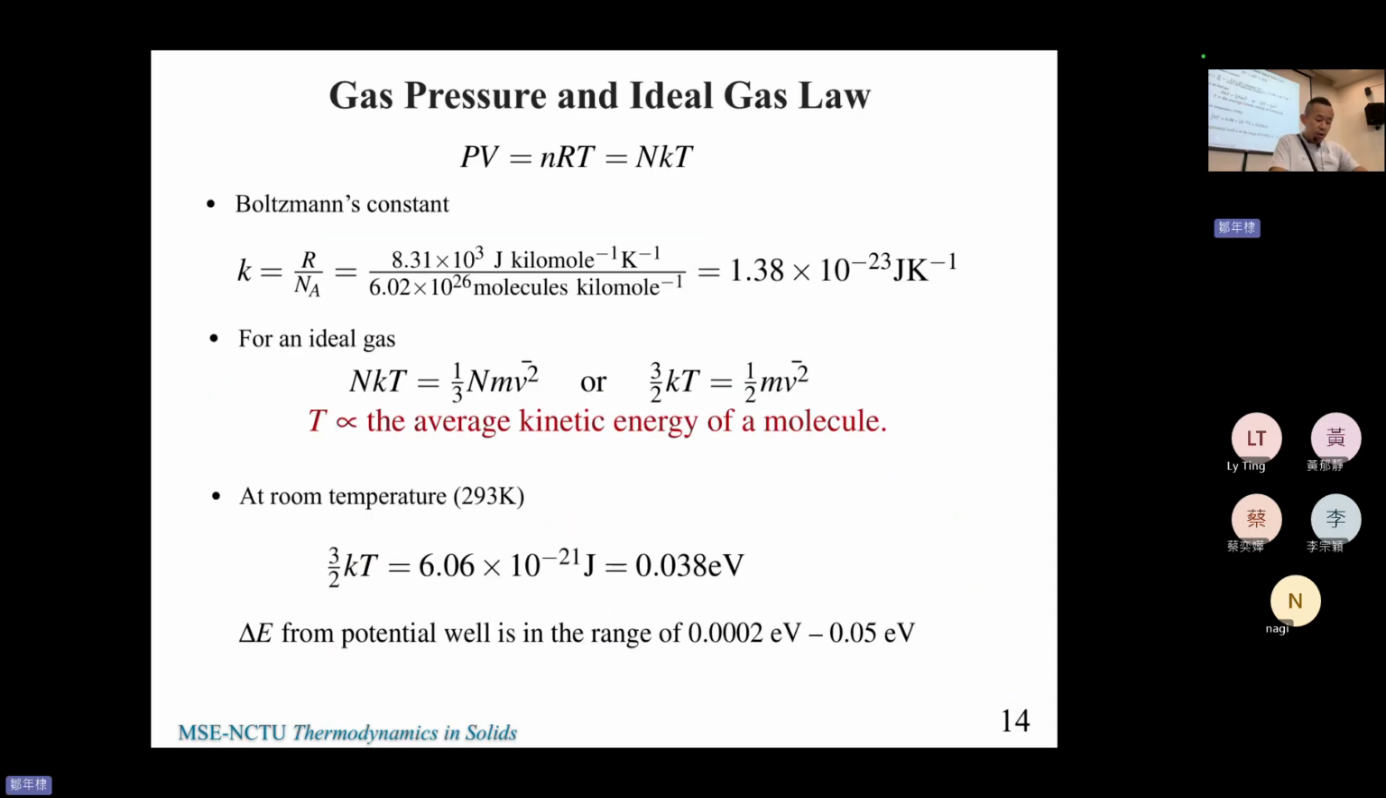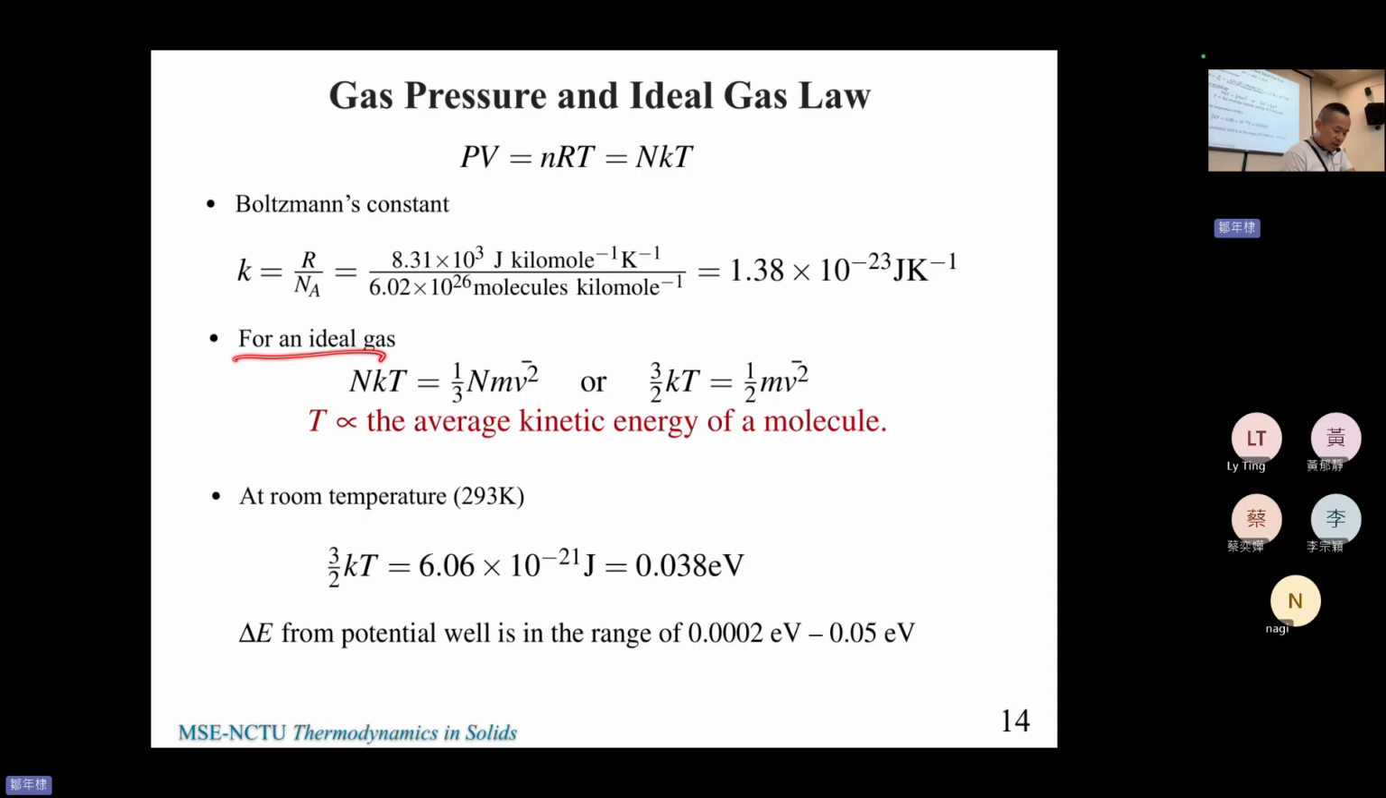So gas pressure and the ideal gas law. So you see PV equal to nRT, NkT. Yeah, this is the ideal gas law, no problem. And the Boltzmann constant, k equal to R over N_A. Yeah, I guess you know the Boltzmann constant. We introduced that and we will use this quite often later. Okay, so we notice that